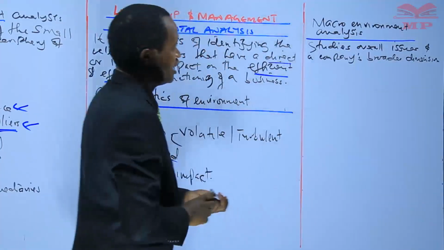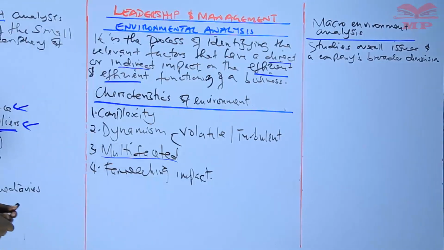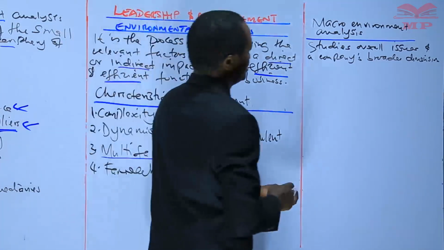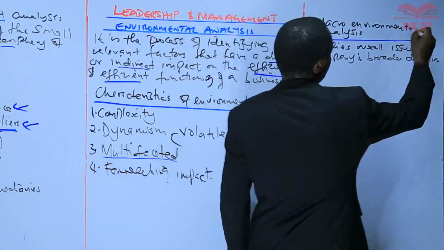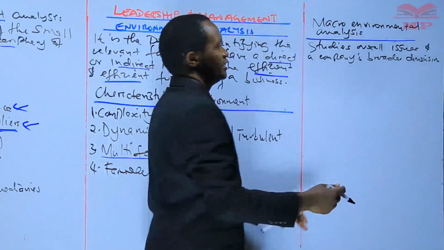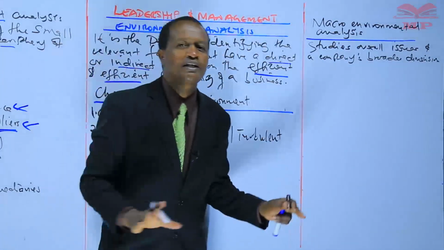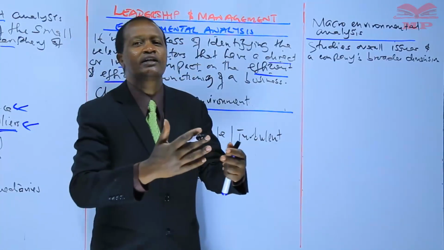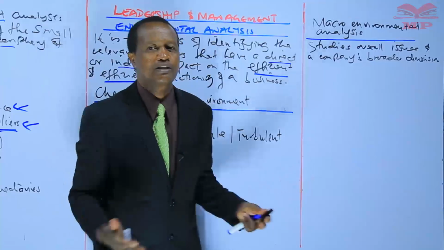Remember, in micro, we said that it's a study of the intermediate periphery. Here we are saying macro environmental analysis studies the overall issues and the broader dimension. That means the general environment,